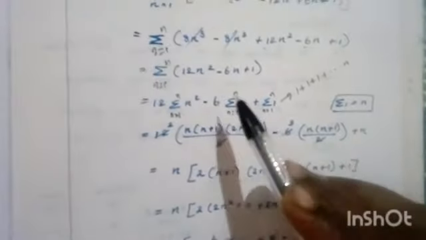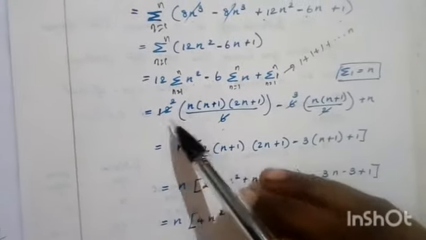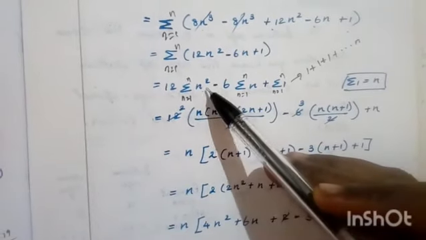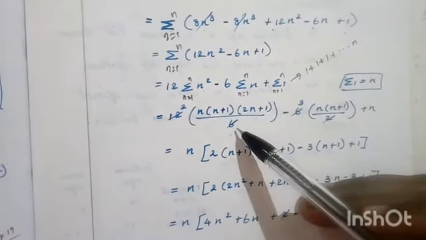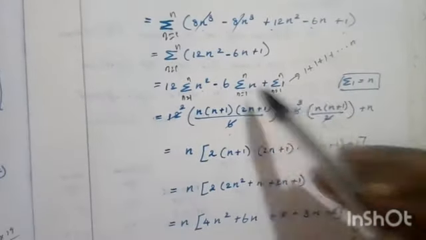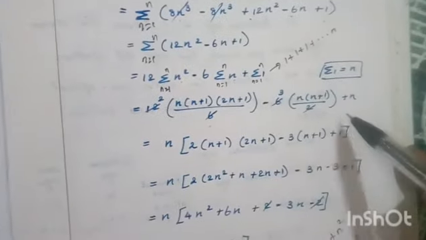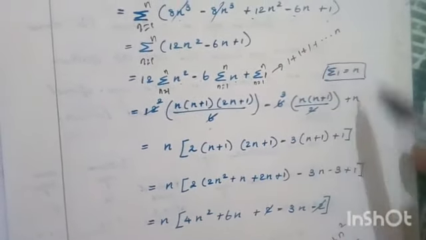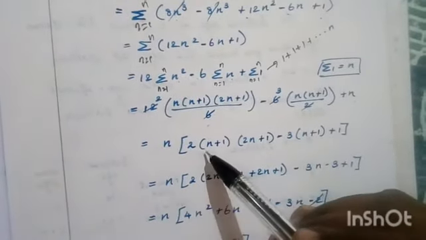Now after cancelling, you have to write the formula for sigma n square: n into n plus 1 into 2n plus 1 by 6. Then minus 6 into the sum of n natural numbers, n into n plus 1 by 2, plus n, since 1 plus 1 plus 1, n times, gives n. So 6 divided by 6, and 6 by 2 is 3 times. So n into,